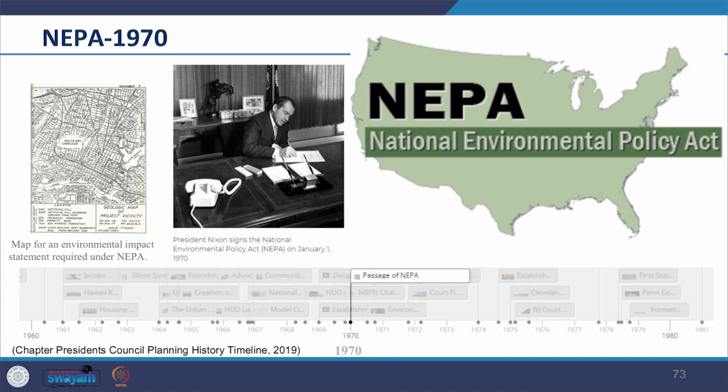The National Environmental Policy Act, also abbreviated as NEPA, is considered to have opened the door for later environmental legislation such as the Clean Air Act of 1960, the Clean Water Act of 1972, the Coastal Zone Management Act of 1972, the Endangered Species Act of 1973, and the Superfund Act of 1980, among many others. Collectively, these acts established significant new national requirements for environmental protection.